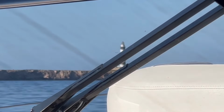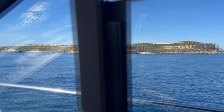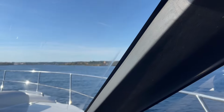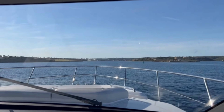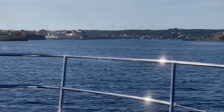So here we are coming into Mahon. We've slowed right down, there's some divers in the entrance channel. And maximum speed 3 knots. We need to come down and tick over that. Probably a little bit slower, and you can see right up into Mahon. And that's really